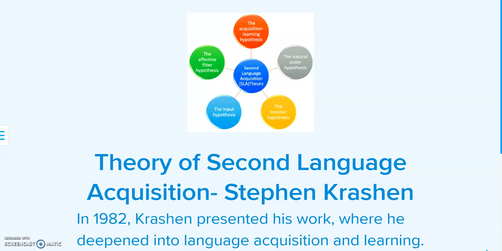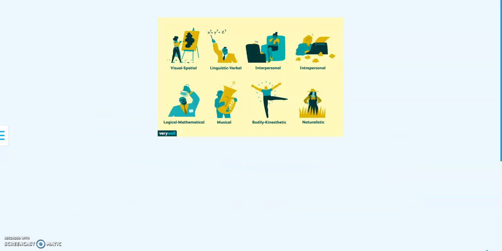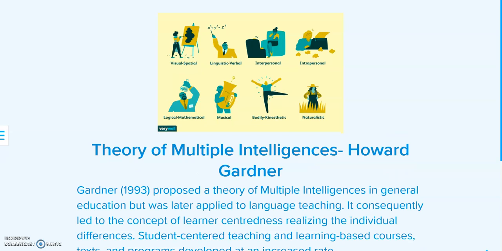Krashen presented his work where he delved into language acquisition and learning, the theory of second language acquisition. Also, in 1993, Gardner proposed the theory of multiple intelligences in general education, but it was later applied to language teaching, leading to the conception of learner-centeredness. Some of the methods and approaches that arose from such contributions were